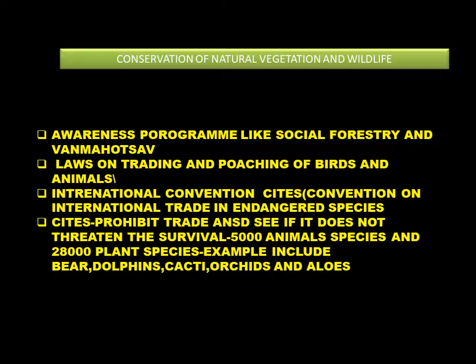Laws on trading and poaching of birds and animals, international trade in endangered species, CITES prohibits trade if it threatens the survival. 5,000 animal species and 2,800 plant species. Examples include bear, dolphins, cacti, orchids, and so here, children, our Chapter 2 is